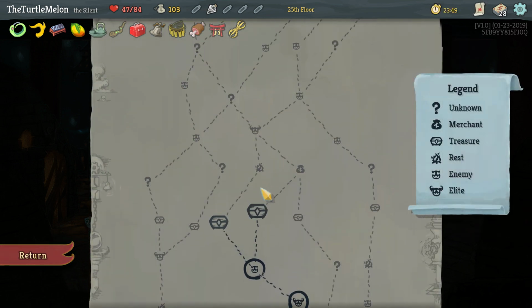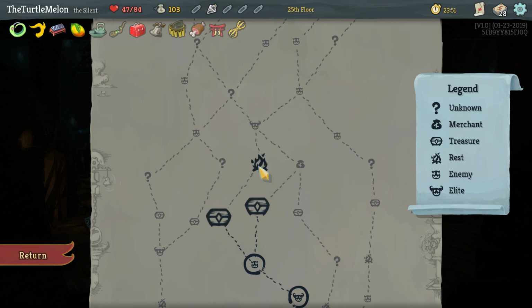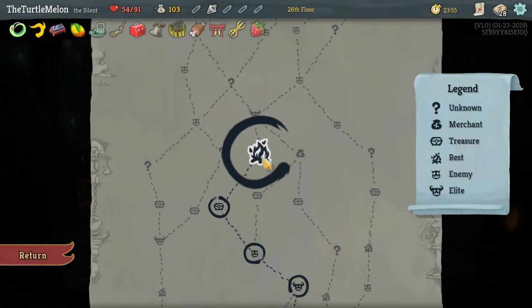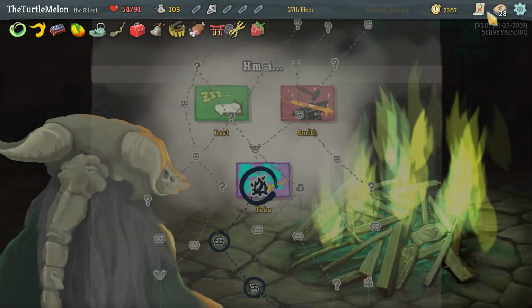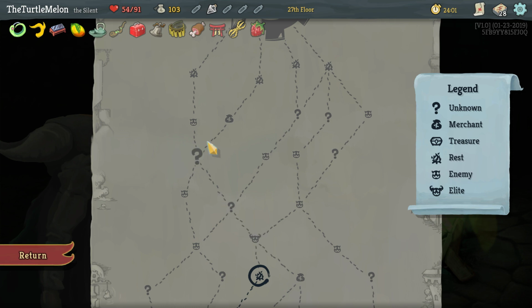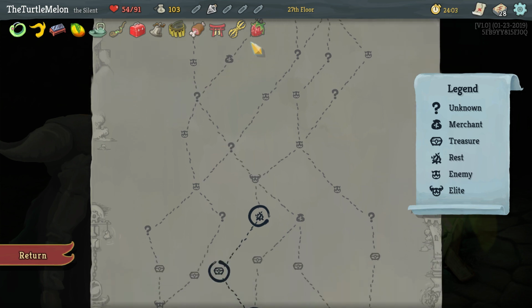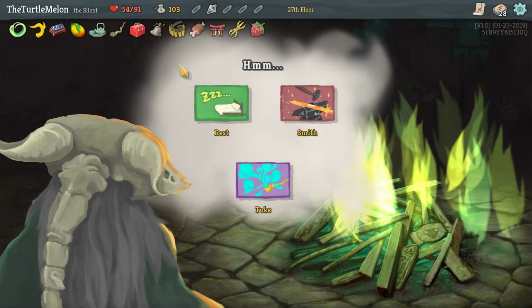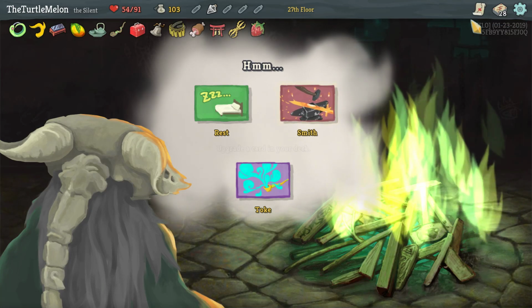Either way, we have to go for an elite. So let's go for the chest. Strawberry is very nice. That's beautiful for us. And where we have to go through an elite, I think if we go through an elite, then this path here, we're going to be best off. So I don't think we should heal. I think we should... Wait, should we...